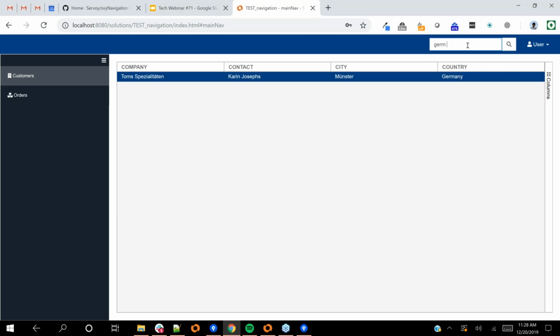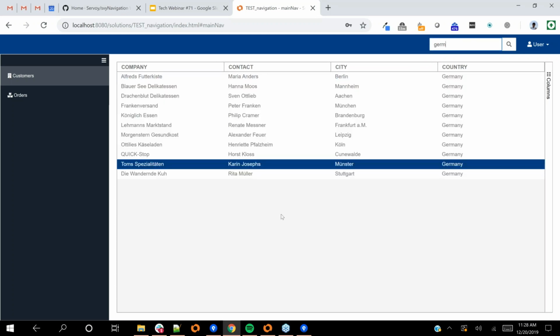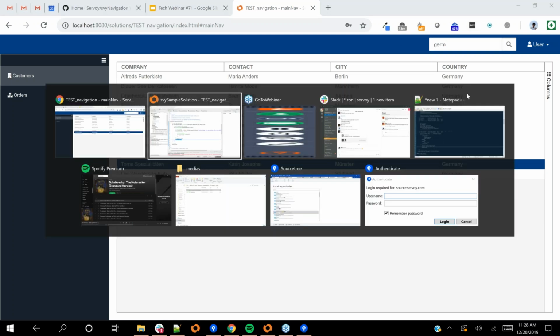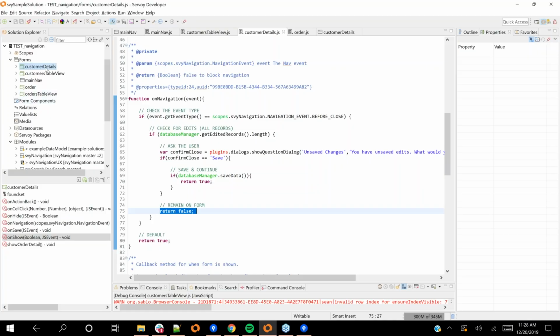But suppose that I just put this one, it stays on the list form. So that is not just specific to this form. This search bar sits outside in the sort of navigation framework, and it could be applied to any form. So when the customer